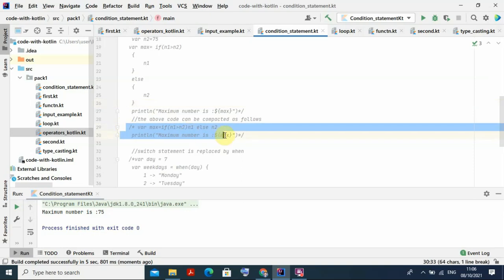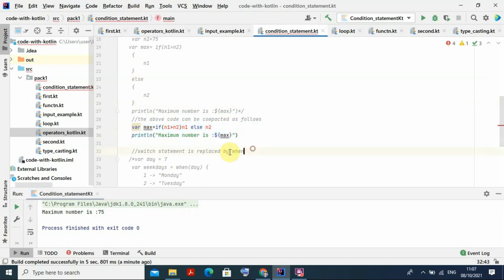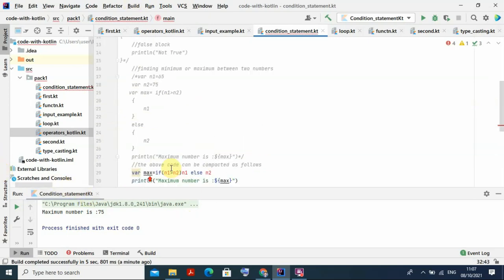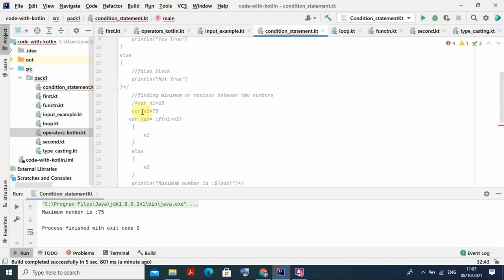See, one of the important things why we are going for Kotlin is that the code is very compact. It is very short. In Java you are writing all things like that, but now the entire thing you have written can be summarized in these 2 lines of code. Initially you declare the variables. So var n1 is something and n2 is something. That you put.